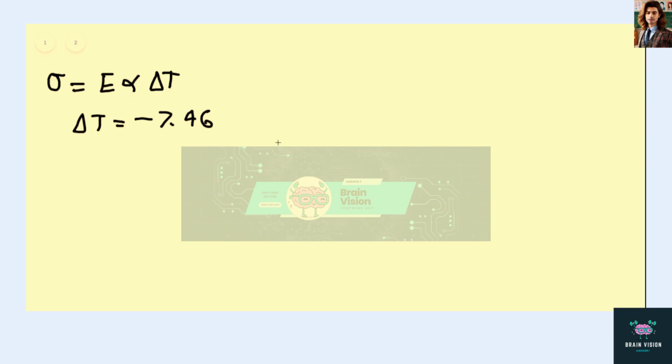Alpha of iron is equal to 1.2 times 10 to the minus 5, and we have Young's modulus of iron, which is equal to 2 times 10 to the 11. And plugging this all in will give us